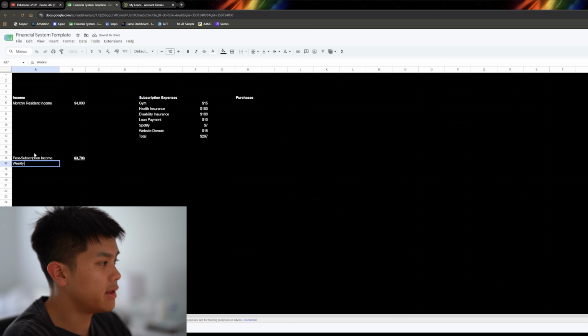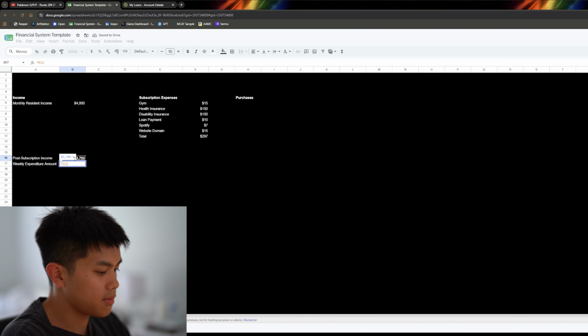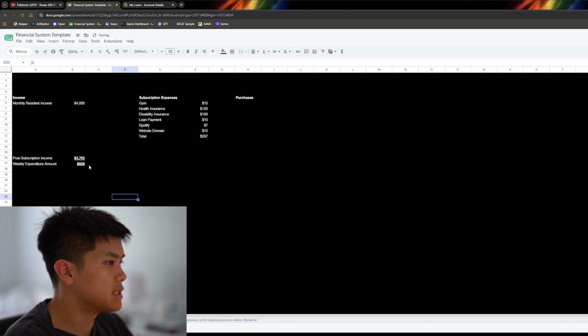Then I can even divide that down to get weekly expenditure amount. So I take this number, divide by 4. Okay, so in summary, that's basically how much I have to spend per month. The important thing I'm actually missing here is rent. Right, this is not really a realistic representation of what the monthly expense would look like, but the